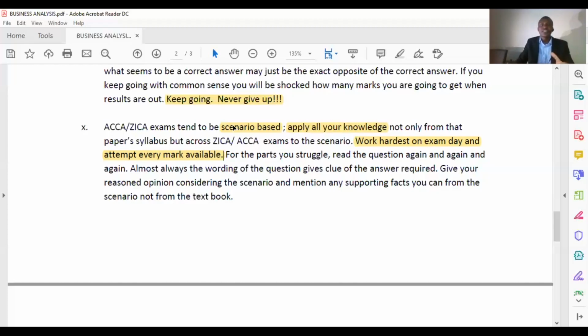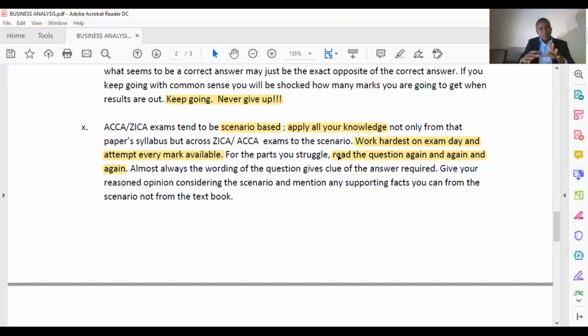For the part you struggle with, let's say, there will always be a point where you struggle in the exam. There's always a question that you don't understand sometimes. So for the part you struggle with, please read the question again and again. Why are we saying so? In order for you to be able to understand it. If you still struggle, go back and read again. What is the examiner saying here? What point am I missing here? Think about it. Don't rush. It's better to read and understand than to rush writing wrong things that the examiner is not looking for.